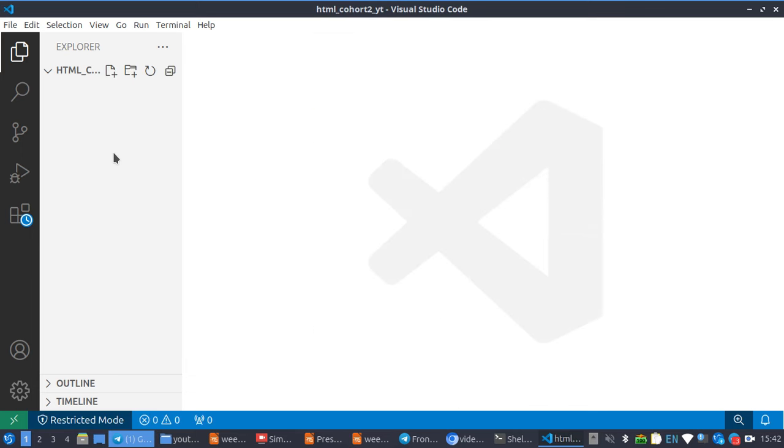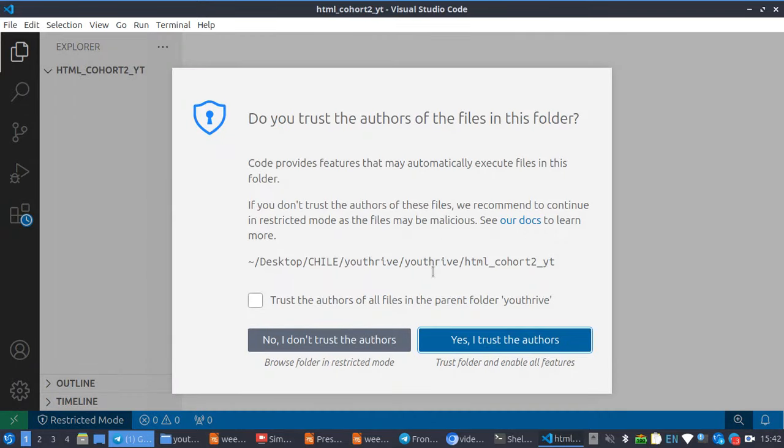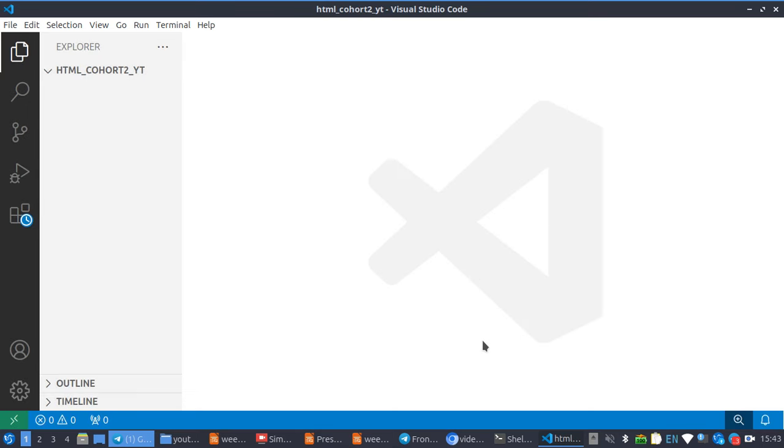Now if I tap, all these things must show if you open a folder that you have not marked as trusted, so it will show you. This first icon that is showing here is your Explorer icon. This will show all the things inside the folder that we just created. Of course, we just created the folder, so there's nothing inside,